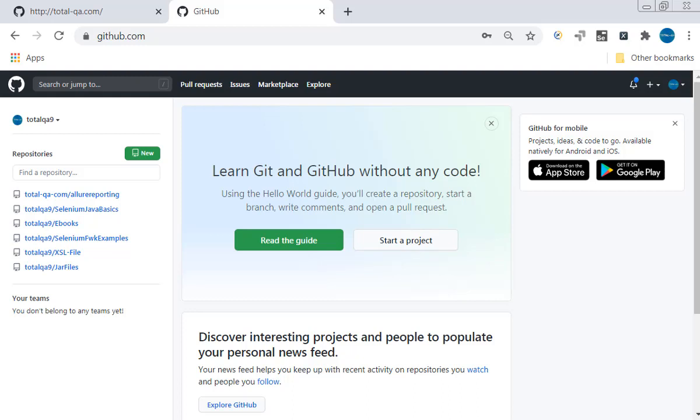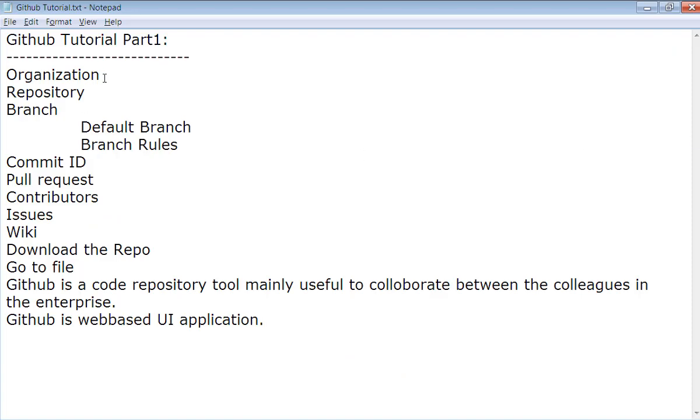In our topic, the first point is organization. What is an organization? In the enterprise environment, we always create an organization to create multiple repositories for a particular organization. So it is always important to create an organization.